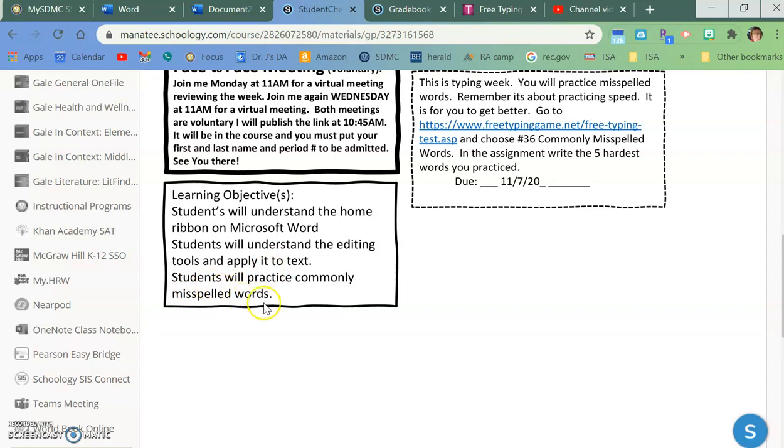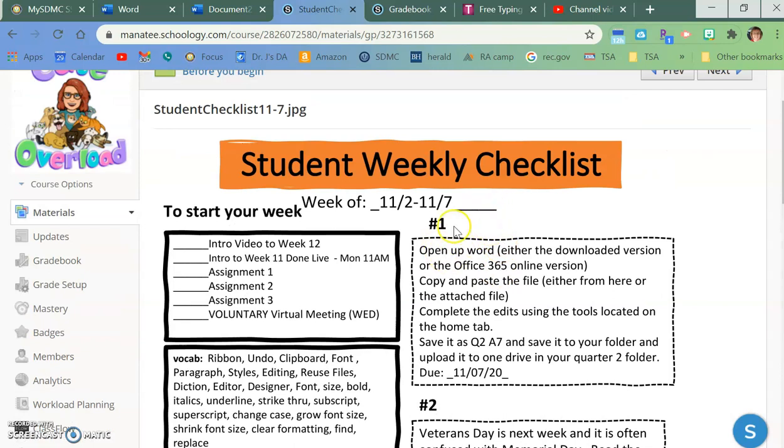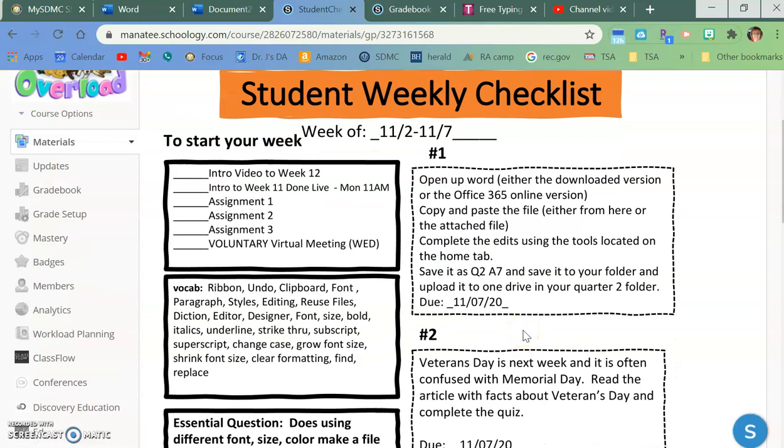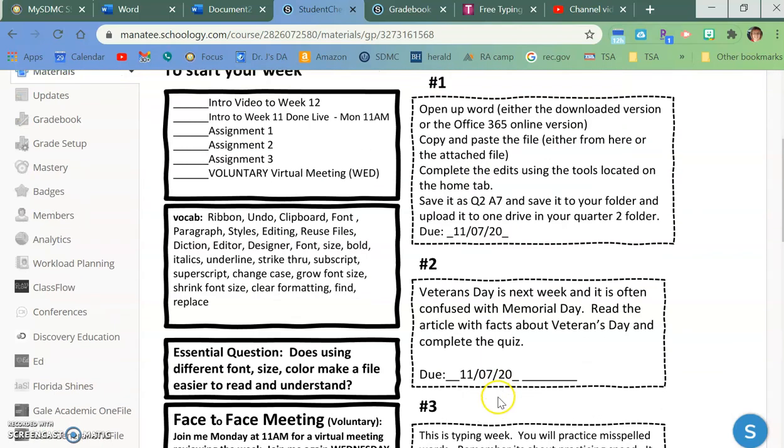And then in typing this week, we're going to be doing commonly misspelled words. So we're not only practicing ELA and learning, but we're also practicing different words than the 1-minute time test that we've been taking. So if you go up here to assignment 1, remember, just before we go over our assignments,